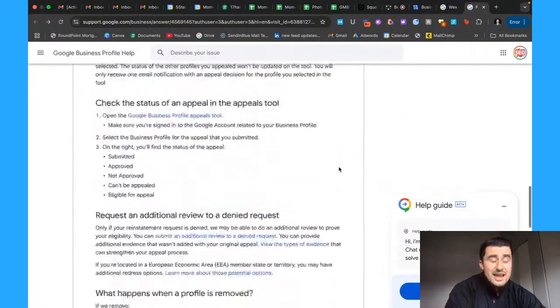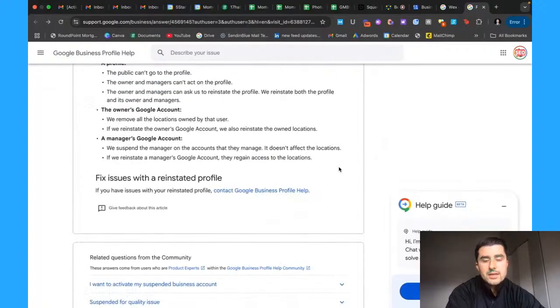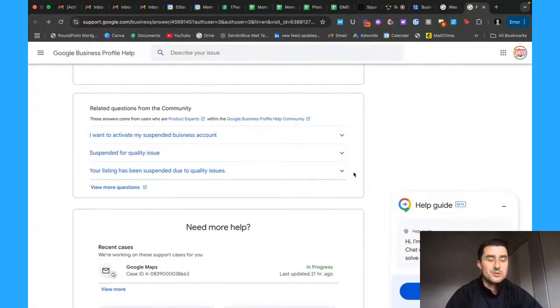Although, obviously, I think the biggest thing Google could do is offer a phone number to call. I think that would be really helpful. But for whatever reason, that's not happening, because I think a lot of people would be calling Google for a lot of issues. And the other thing to realize too, guys, is the reason, and I get this question